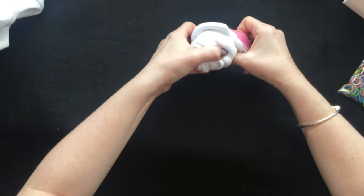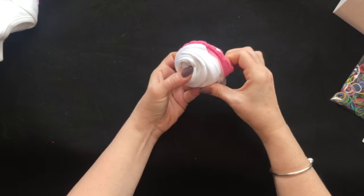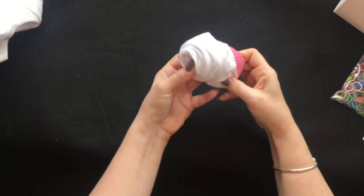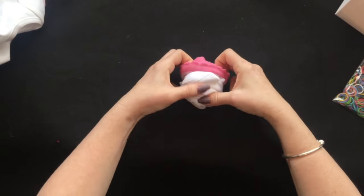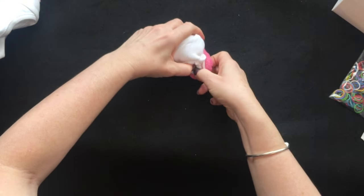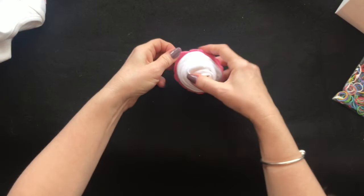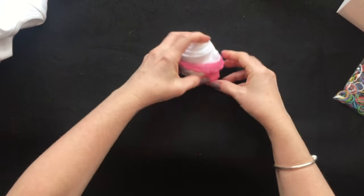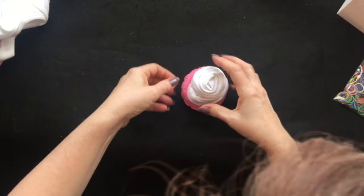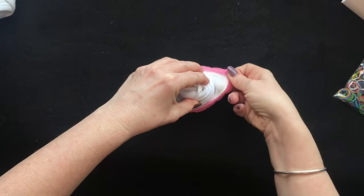So just force that in there first of all. And with these suits, if you do fold it the first time and you find it's not very good, obviously you haven't lost anything, just unfold it and start again. Okay. So there we are. Now, what you're going to have to try and do is get this looking